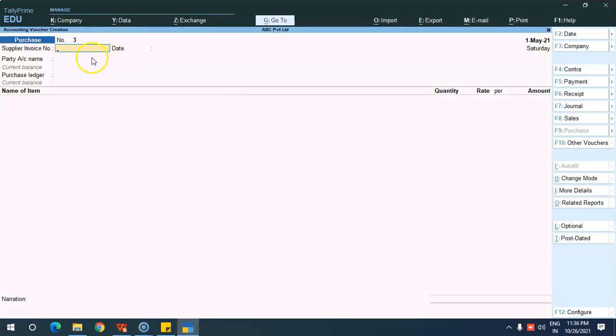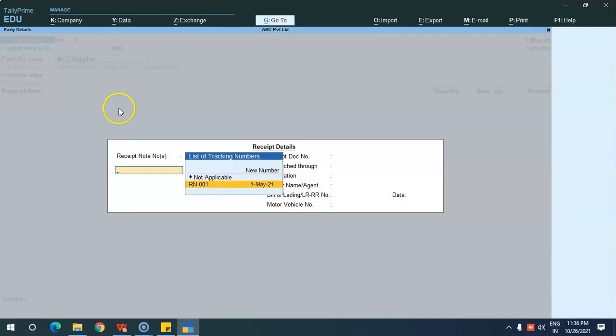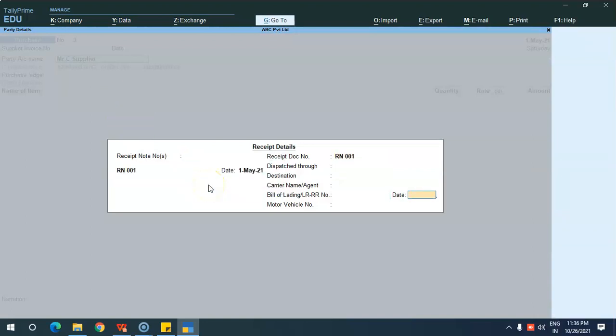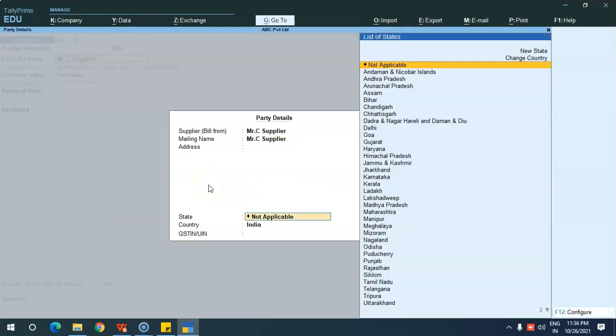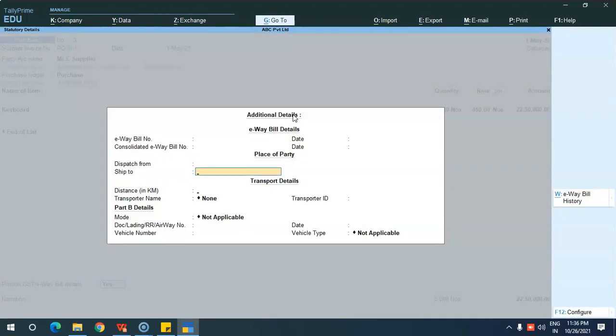Against the receipt note we will be entering the purchase. So here you have to select the receipt note number. Okay, so once you give the receipt note number, it automatically comes over here like this.